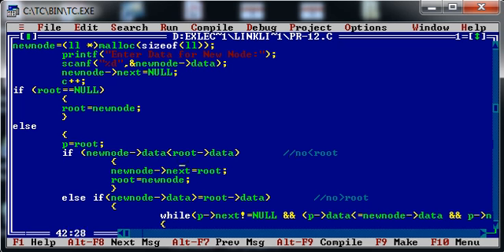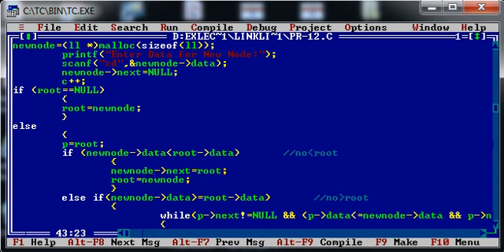Right? If it is the case, then what do we need to do? We need to set the address of the root node to the address part of the new node. Okay, and then after that we will have to change our root pointer to the new node. So these two statements will make my new node the root node, and that newly created node will be added in the beginning of my linked list, depending upon its value. Now if it is not the case,